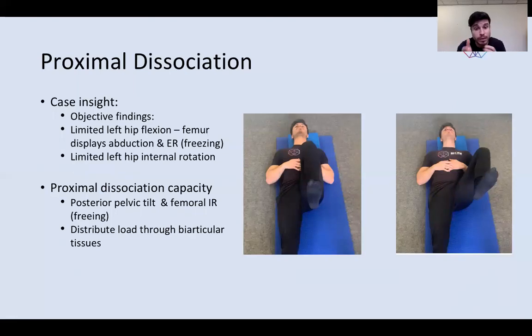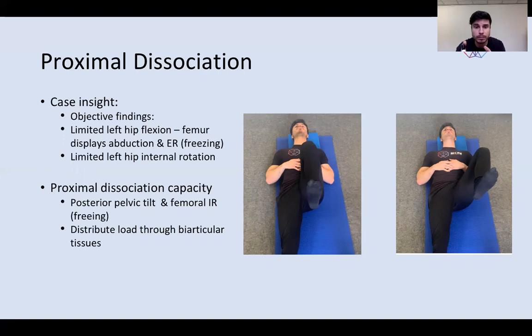So ideally, when we're moving that hip through flexion, we want the pelvis to express the capacity to posteriorly tilt to accommodate that femur moving into flexion. And if it can't express that capacity, sometimes what can happen is the femur will move into external rotation and maybe abduction to help drag the pelvis into that direction. So, to really oversimplify it for the sake of this video, this represents a freezing strategy. It gets the job done with the pelvis and femur moving in the same direction, but it doesn't represent a freeing or dissociation capacity that we ultimately want the client to be able to express